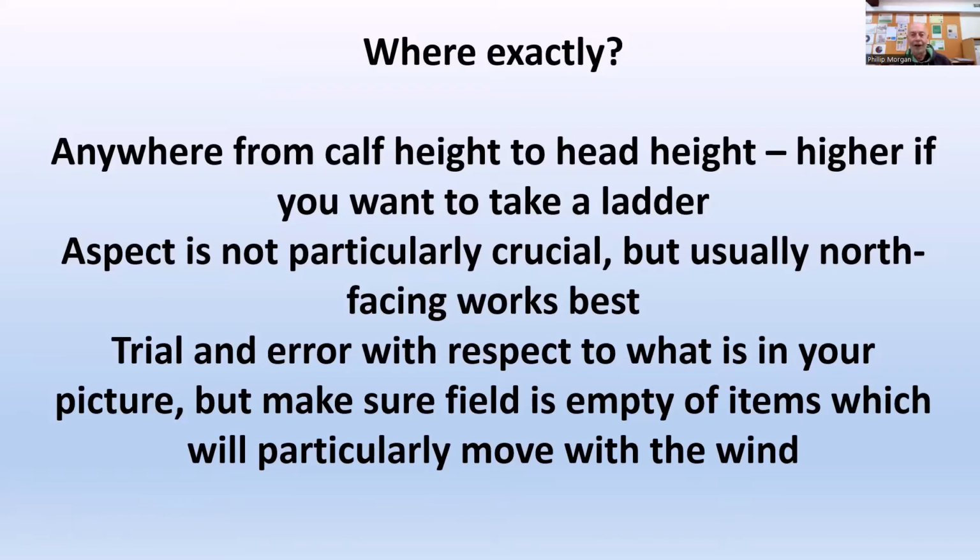And as I've said there, trial and error with respect to what is in your picture and what you make of it if the field is empty is a particularly important thing, especially if the wind is blowing a branch across the camera and triggering it, or there's leaves and whatever, they will all trigger the camera, and then you get an awful, boring time